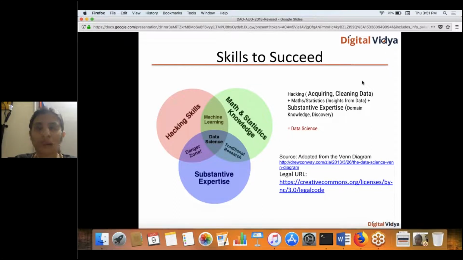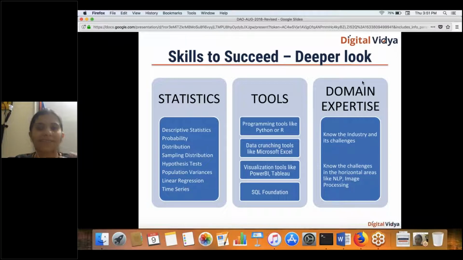So, a deeper look at these skills. When people say statistics, some of us really go all sweaty about it, because the last time we did statistics was probably in our undergraduate studies. Some of you are currently doing it, but if you come from other fields and are in functional roles, you may not be applying it, so it becomes hazy as to what is expected of me.